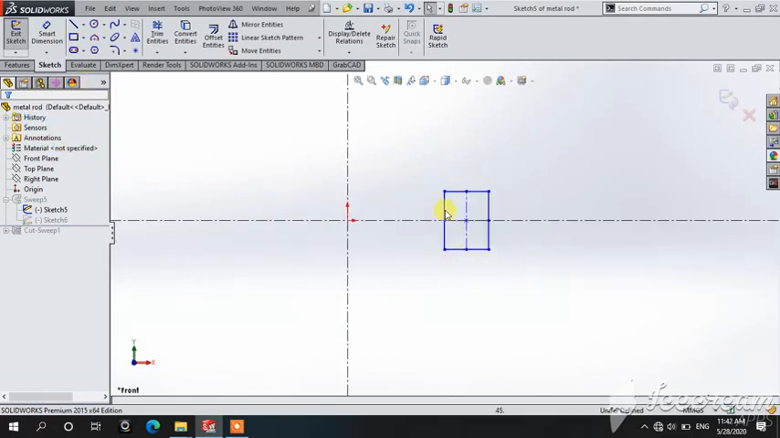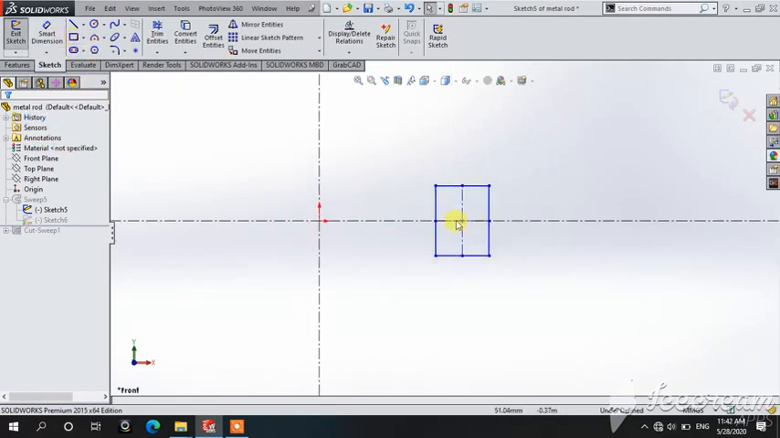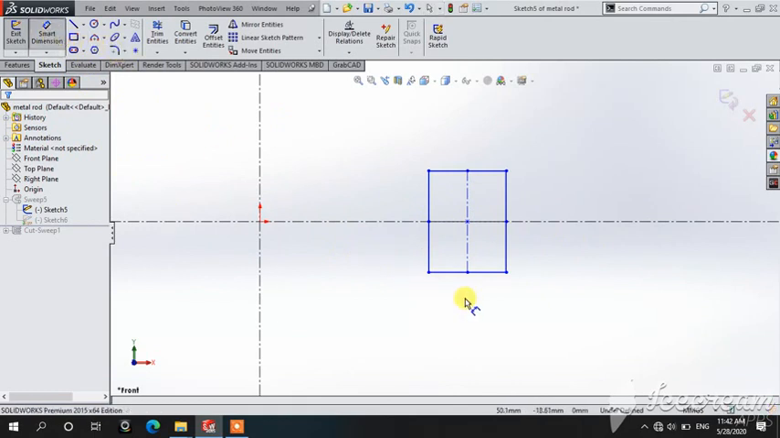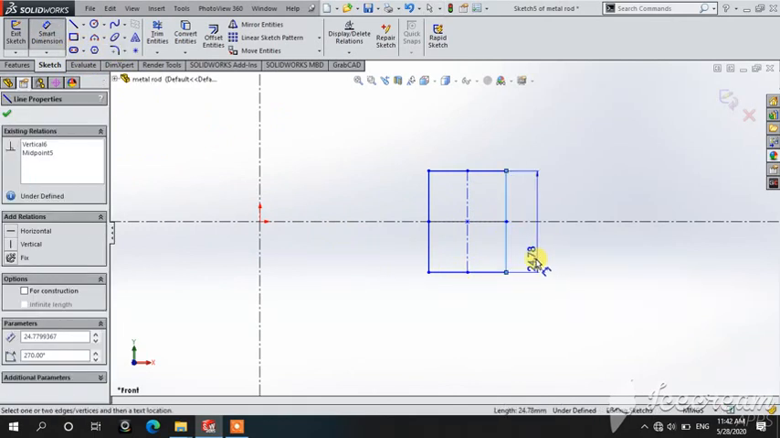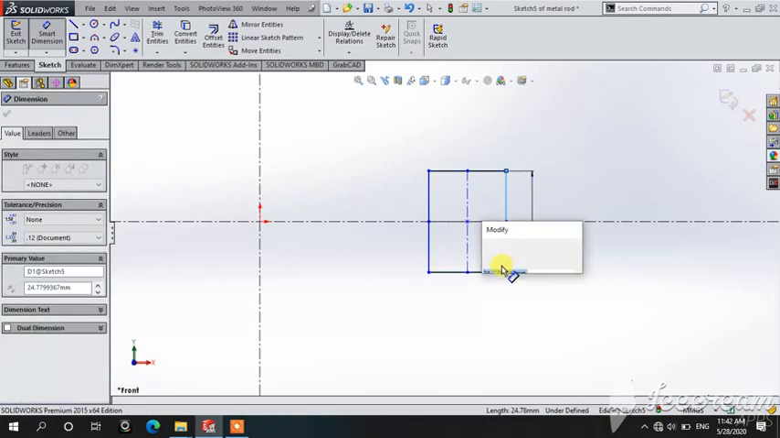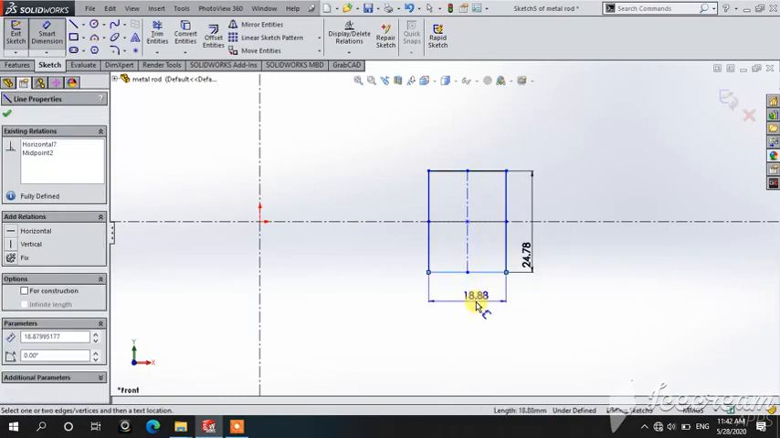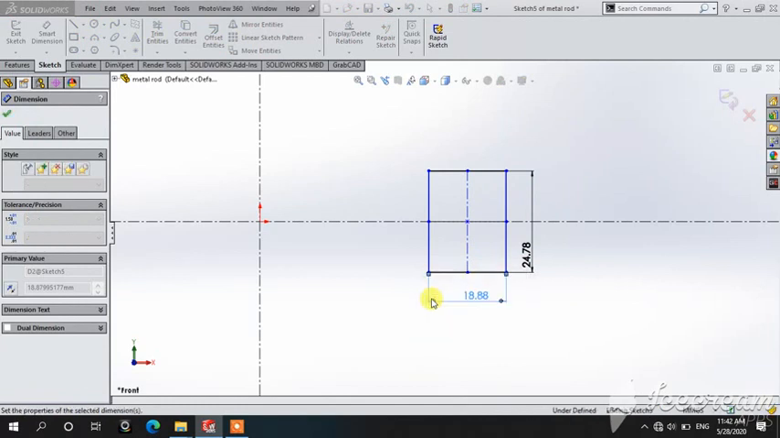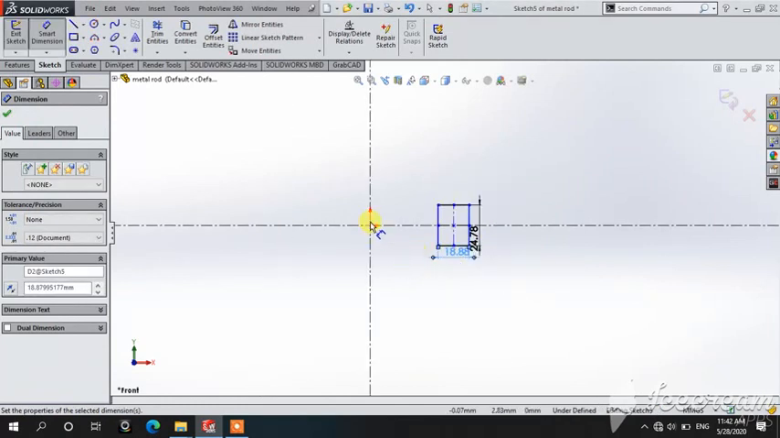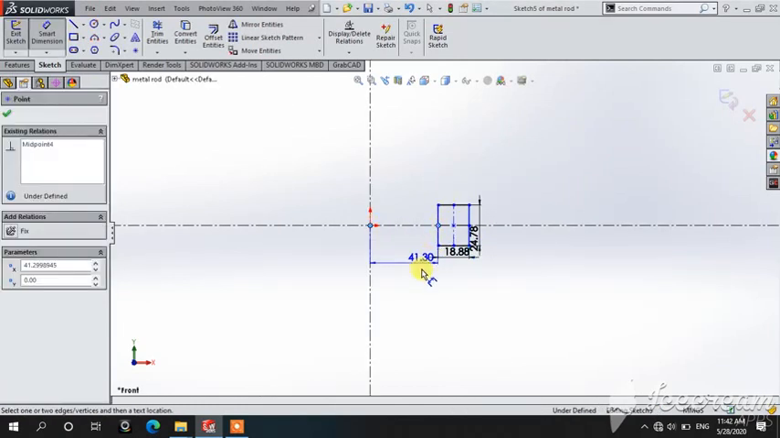First of all you have to draw the geometry of this figure. First of all you have to take the front plane and then create the geometry. Take one rectangle from here and give the dimension as well as